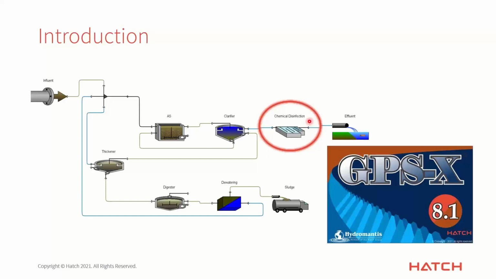So basically, we wanted to update our model because chlorination is still quite important in the wastewater industry. It's still pretty widely used. And as of a 2008 WERF report, we saw that about 72% of wastewater treatment facilities that disinfect use chlorine disinfection. So we feel that it's very important to be able to model it well.